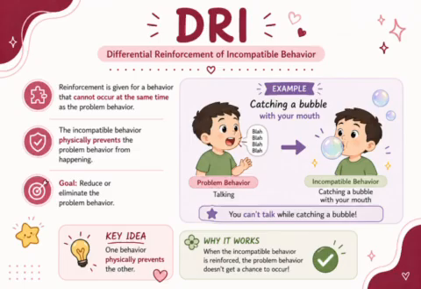So in a school, a teacher saying catch a bubble makes it impossible for the kid to also talk. You can't talk and catch a bubble, which is going to be an example of DRI. The goal of DRI is to decrease problem behavior to zero. So you do not want the problem behavior occurring. So again, essentially with DRI, you're going to block a behavior from occurring by reinforcing another